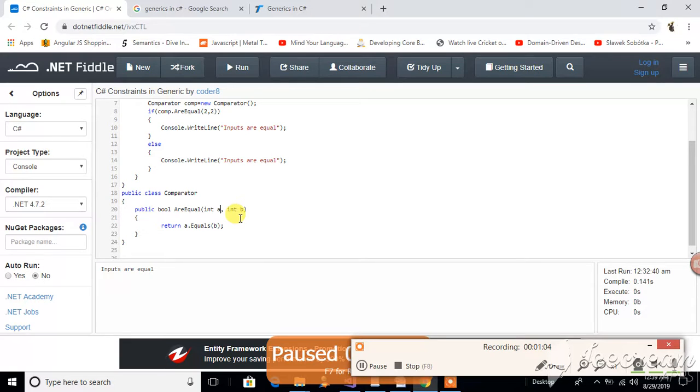If we want to pass string data from the calling program, it's not possible. So if you want to compare string data also, we need to make it a generic class. So, to make a generic class,